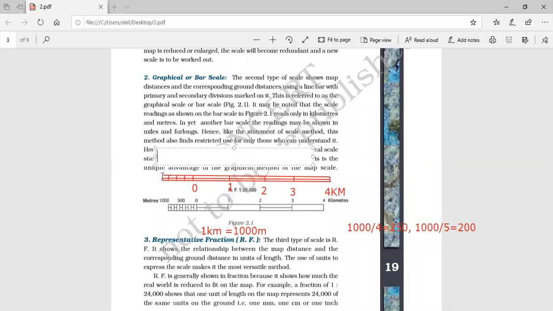So first, this last line is representing 1000 meters. As we said, here we have to show this many kilometers. Since from here to here it's 1 kilometer, here also we have to show 1 kilometer. So it is representing 1000 meters. Now, next, let's put it here properly. Okay, this line is representing 1000 meters.